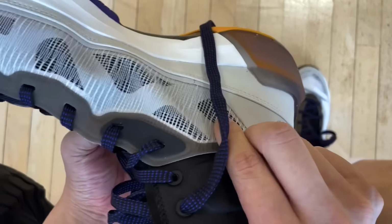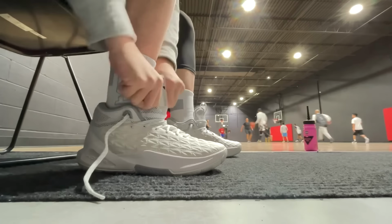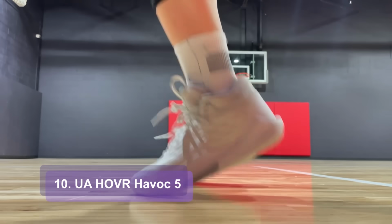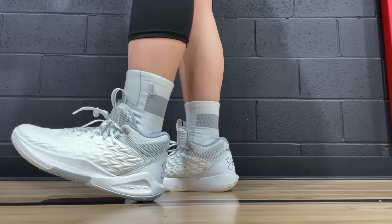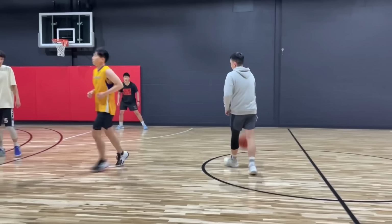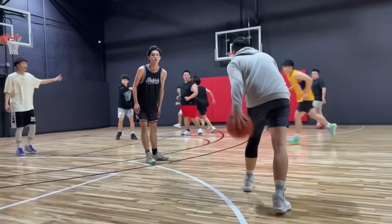Alright, starting off the top 10 list now. At number 10 is probably a dark horse pick this year. I have the Under Armour HOVR Havoc 5. Yeah, probably an under the radar shoe to a lot of people, but man, the comfort level, cushioning, compression, and traction were all great. The clone upper really impressed me with a secure wrap around your feet, but also nice and cozy. There are ventilation holes and mesh parts to help with breathability, and for sure the biggest highlight was